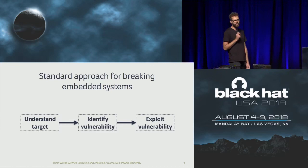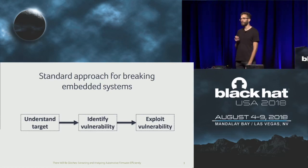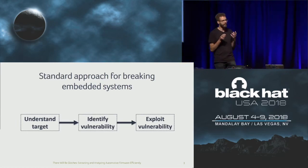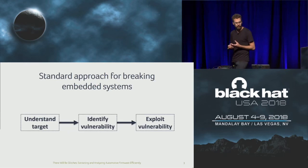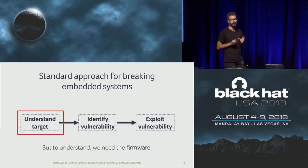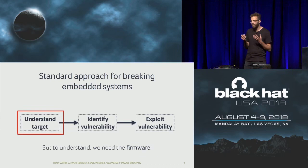system. So one of the first steps you want to achieve when you start breaking embedded systems is you want to get a certain understanding of the target. You really need this understanding to a certain degree in order to move to the subsequent steps of identifying vulnerabilities and then exploiting these vulnerabilities. You will all agree with me that in order to get this understanding, it is efficient to have access to the firmware. And that's exactly what the first half of this talk will be about, how to get the firmware